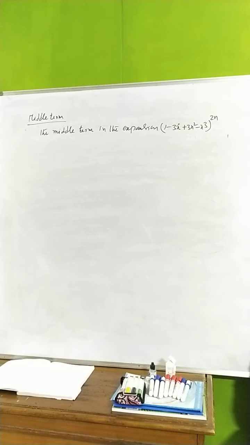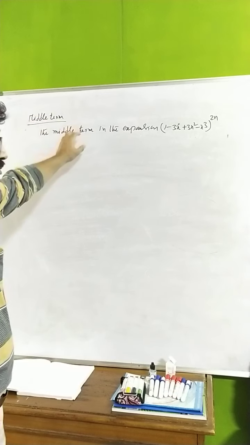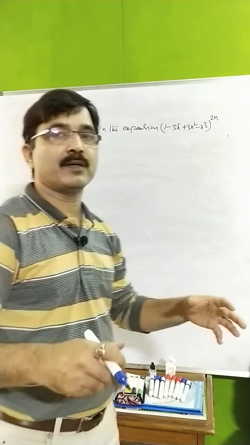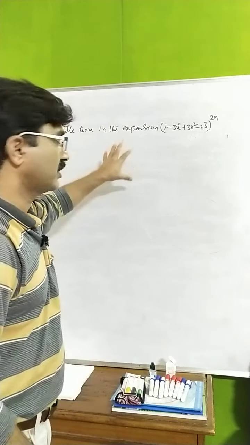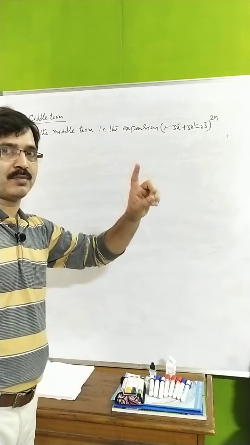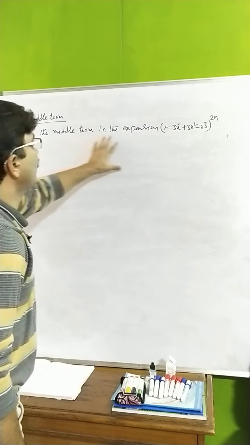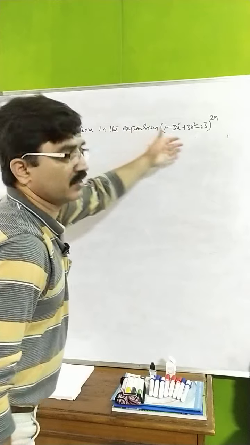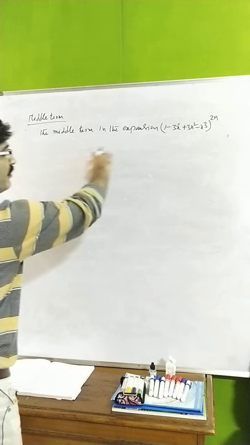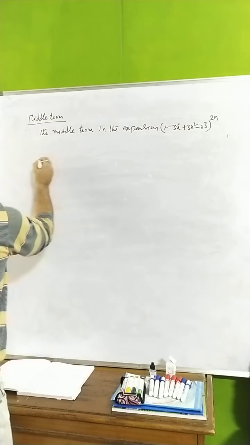Now you see here we are going to discuss the middle term. How many types of problems we have here, all those things I would like to discuss. For each step I would like to do one problem. In the middle term, generally he may ask you like this, straight away, otherwise there is a little twist in this one.